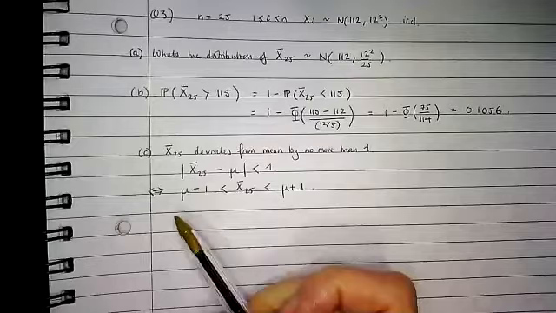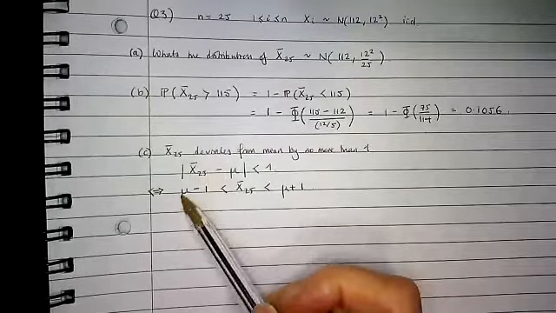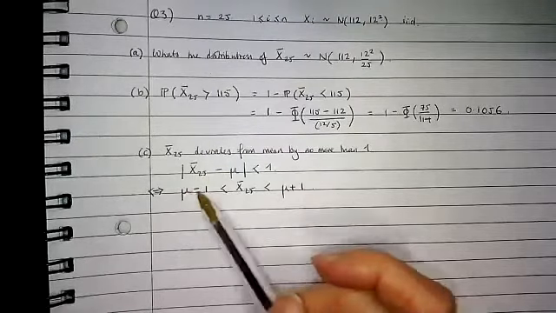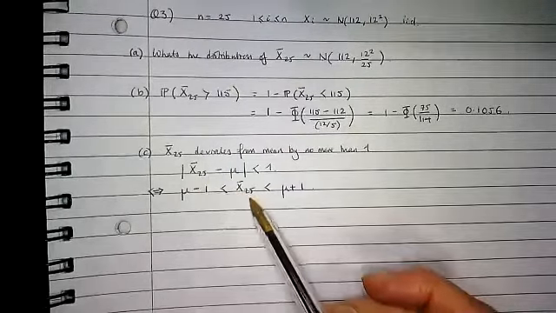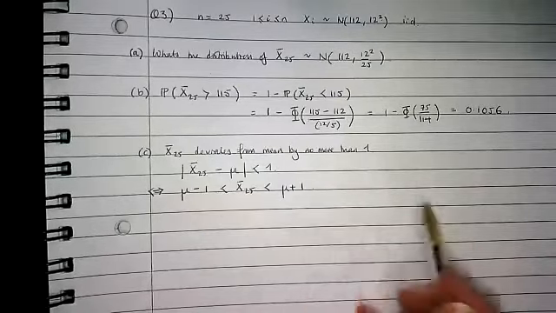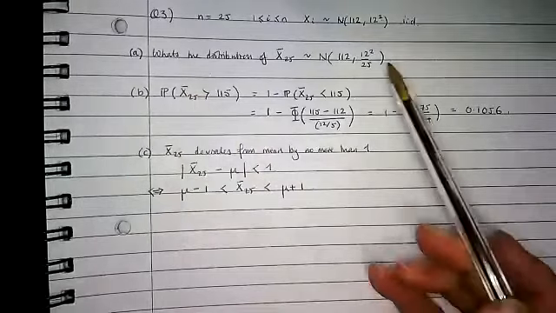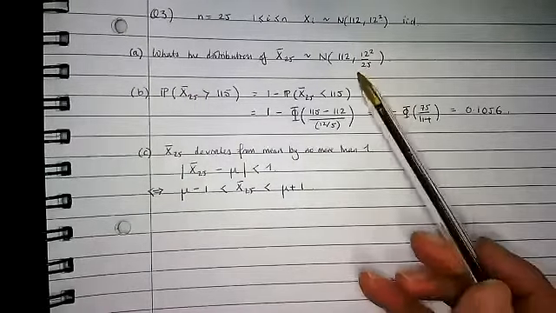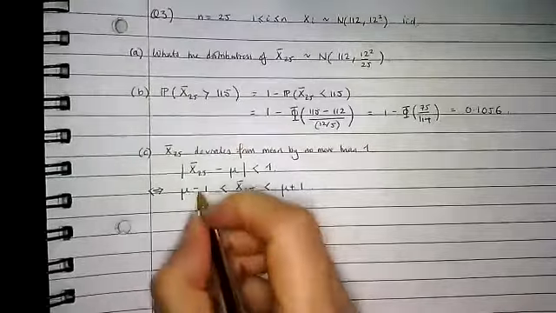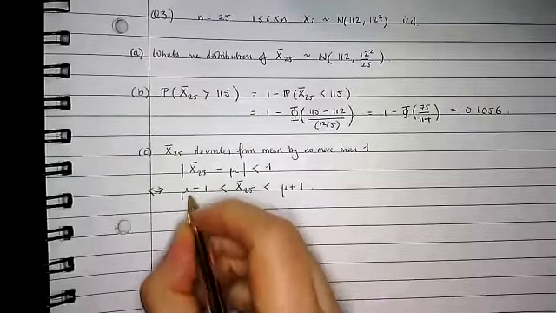Okay, so we'll just move on. So the first thing I'd like to do is I'd like to standardise this line. So I want to subtract off the population mean, so mu, off here and off the middle term. And I want to divide by the standard deviation, so 12 over 5, square root of this term. So I'm going to end up with